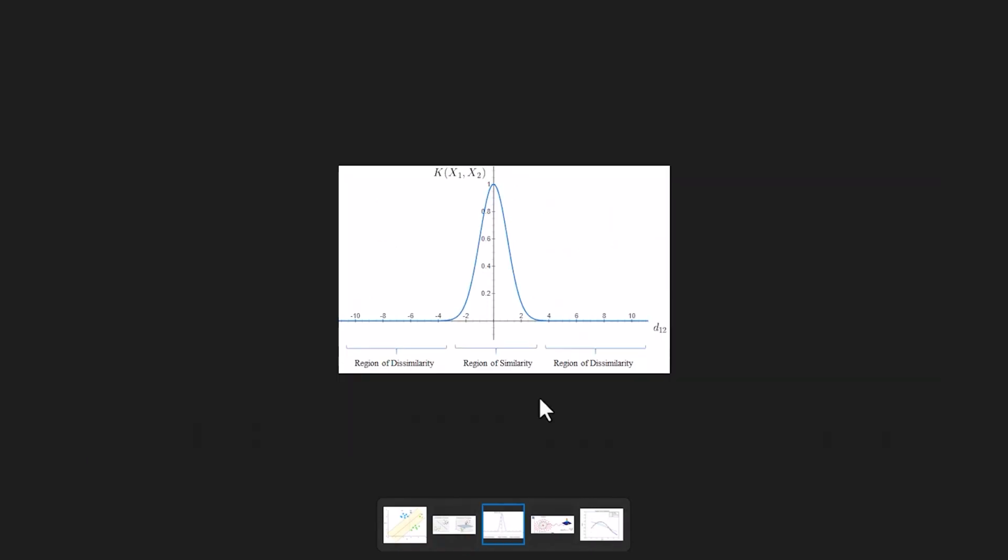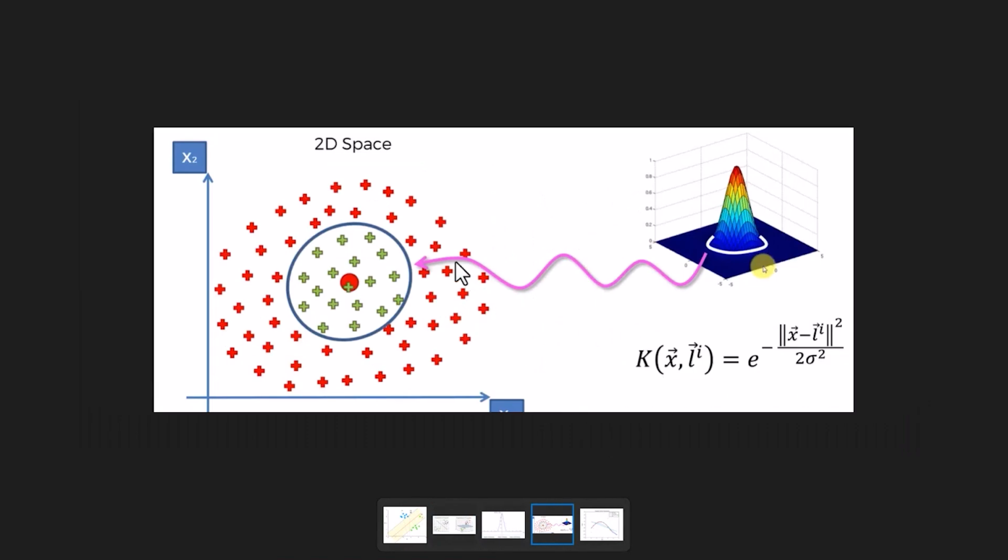What is RBF? RBF is radial basis function. What this radial basis function does is that it classifies these sets of data and projects them into three-dimensional space. In the left diagram, what we are seeing is a top view of the data where we cannot linearly separate. We cannot draw a line between them, and if we draw a line between them, it wouldn't make sense and it does not classify the data. What support vector machine does is that using this RBF kernel, it projects the separate data into a higher dimensional